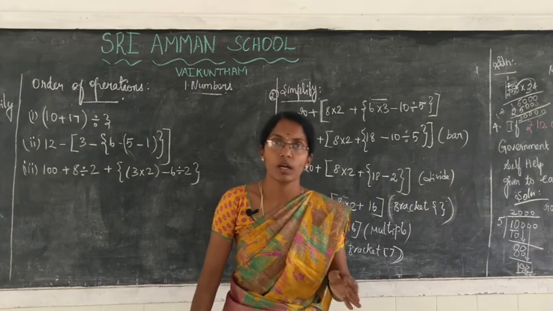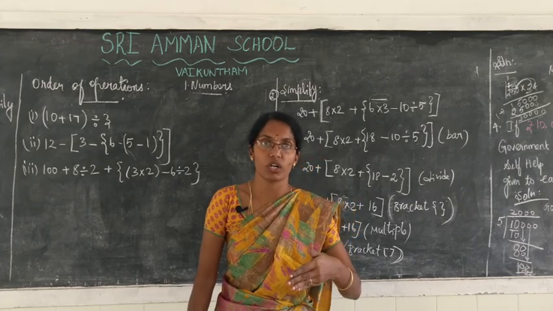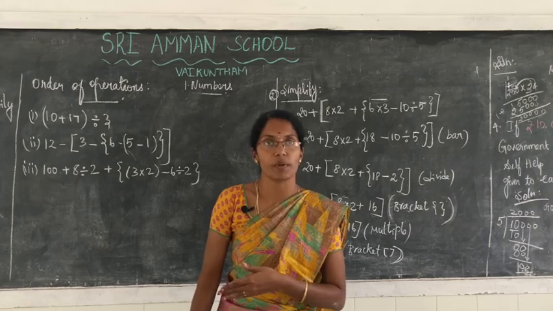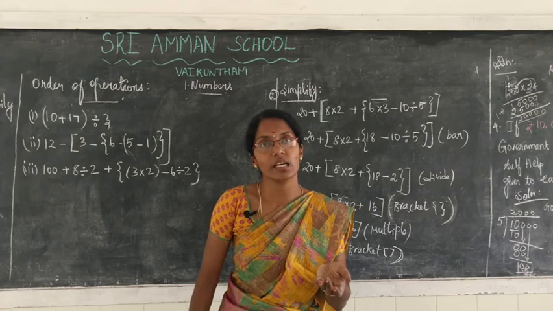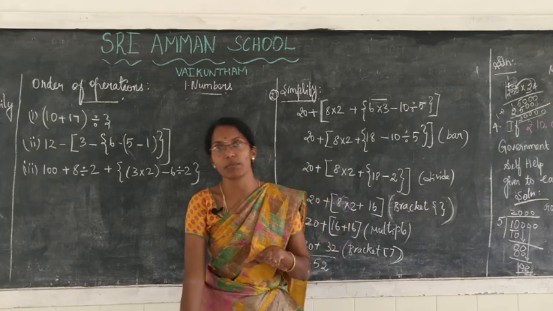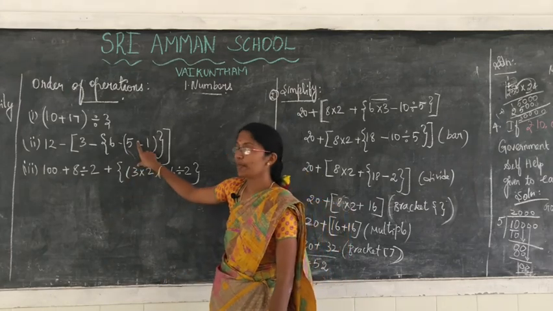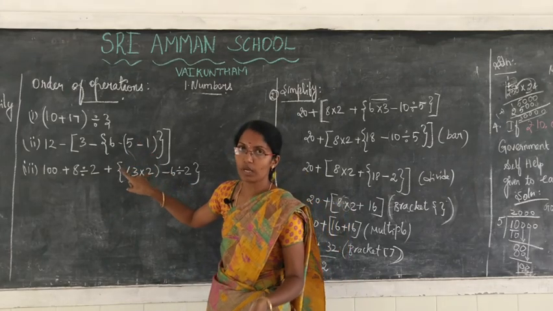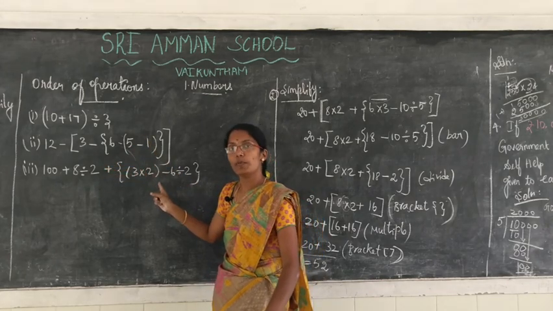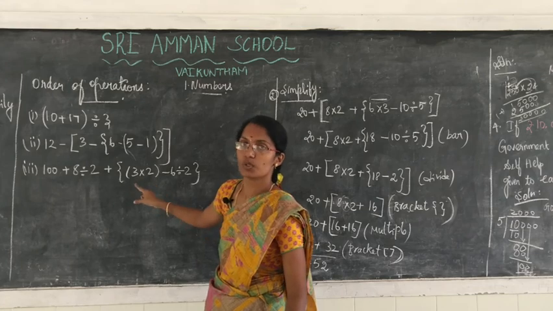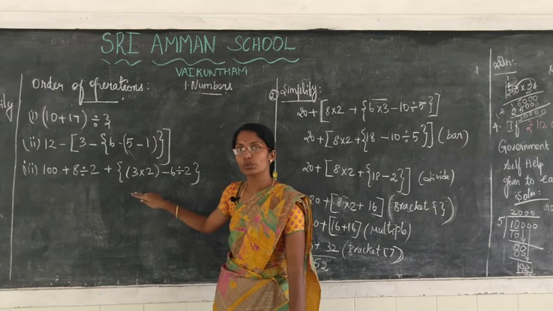So go through your book, and at the back of the book you have problems, that is fill in the blanks, say true or false, and simplify. So go through it and do the problems that are easier. In the next class we will discuss the exercise problems. So today's assignment is these three problems. These three problems are given in your book in the exercise portion. So you have to do this. Okay, with the help of your parents or your brother, sister, you can also do it. Okay, so make sure that you do not copy, you should do it by yourself.